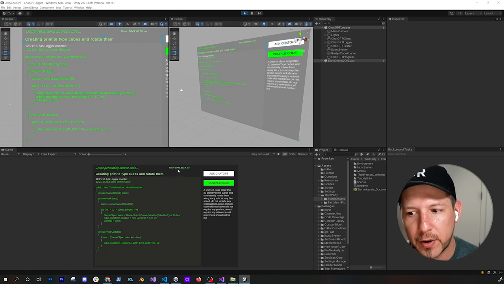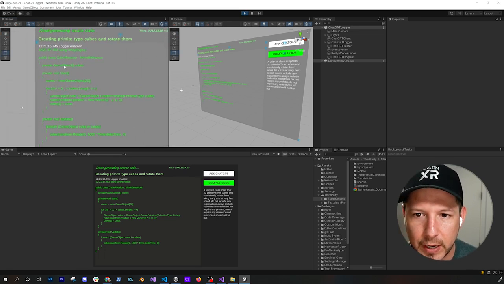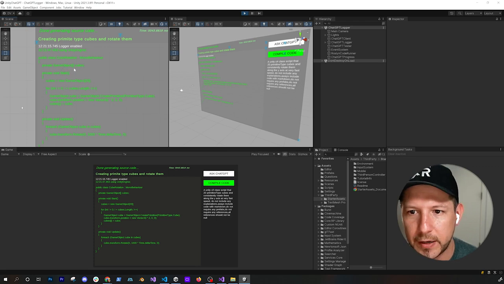The interesting part is that this took only 5 seconds to execute, versus the Python wrapper, which honestly was taking about 30 seconds and sometimes was timing out. So this is going to be a lot more reliable than using that. You can see that we have basically a private cubes